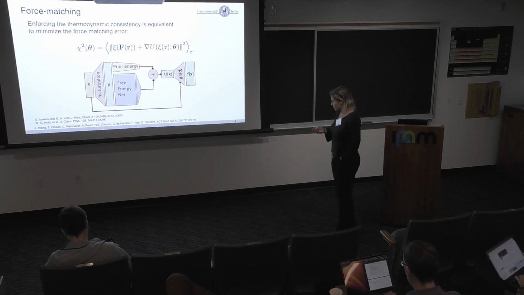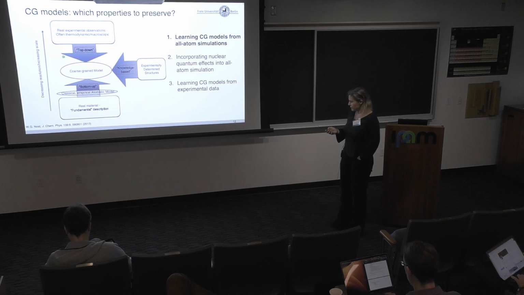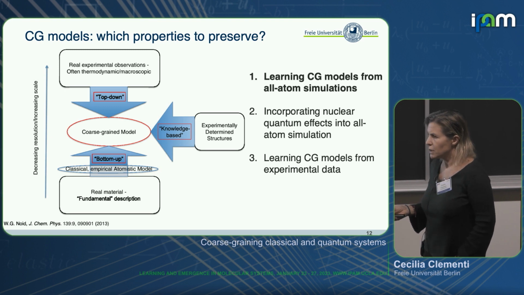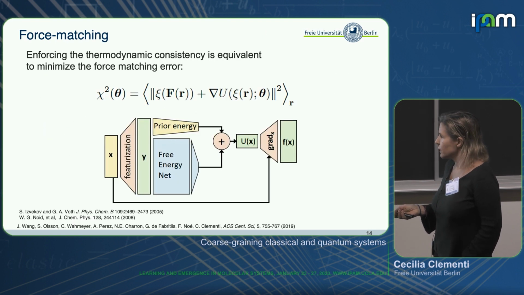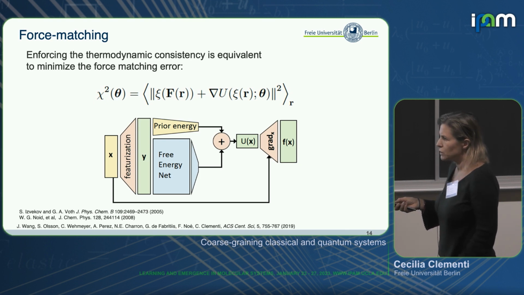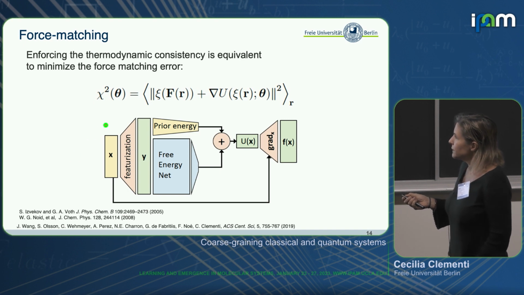In the bottom-up approach, usually we want to represent the same thermodynamics of the fundamental description, in this case what an atomistic force field gives you, with the coarse-grained force field. So in principle, you can integrate out the degrees of freedom, like you do in a renormalization approach, and define an energy function that gives you the same thermodynamics. Basically, you marginalize the distribution. You take the marginal distribution, and inverting that should give you the energy function. But this is impossible,